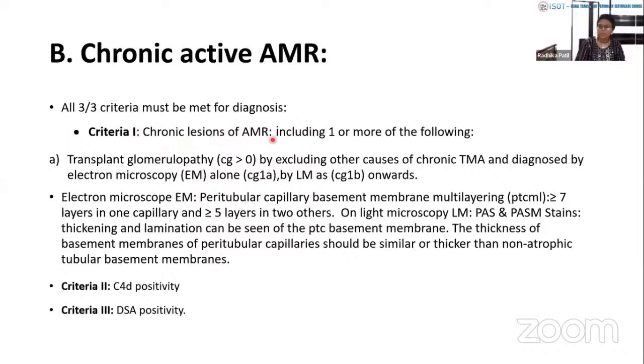So what are these chronic lesions of AMR? Active lesions were glomerulitis, peritubular capillaritis, acute TMA changes, or transplant endarteritis. Now chronic lesions are two, that is CG and PTCML. CG is transplant glomerulopathy, and PTCML is peritubular capillary basement membrane multilayering. So 7 or more layers in one capillary and 5 or more layers in two others. It is seen only on electron microscopy, and the criteria too is similar, that is C4D positivity and DSA positivity